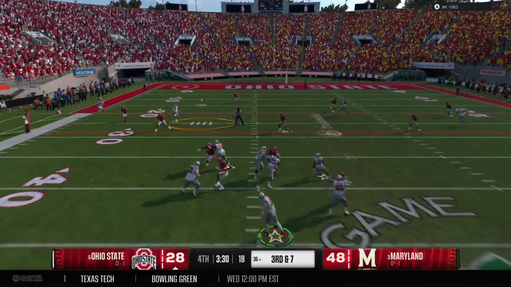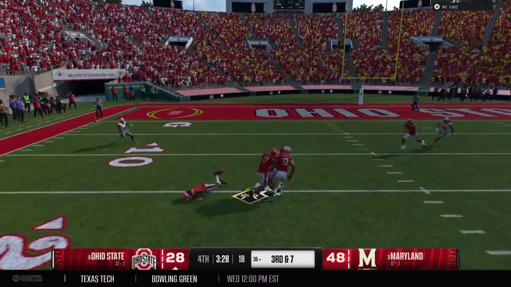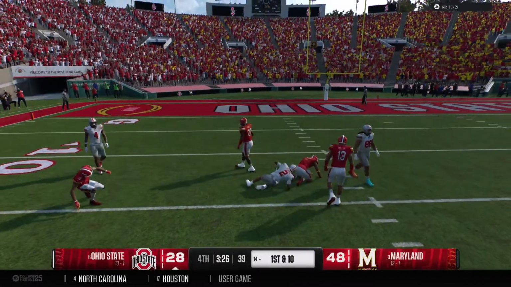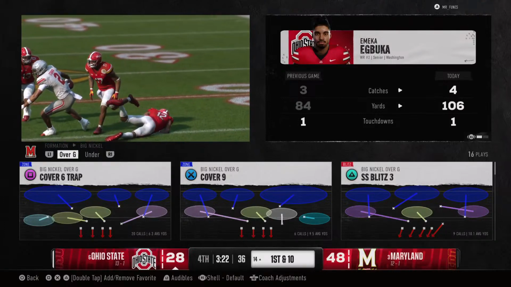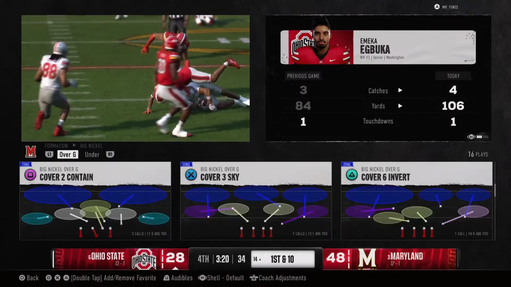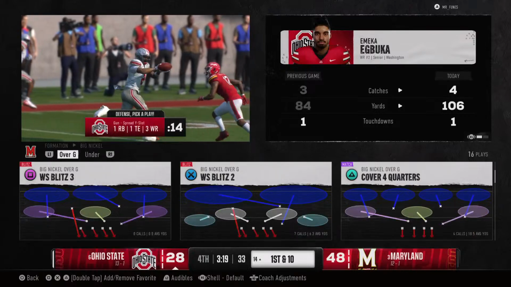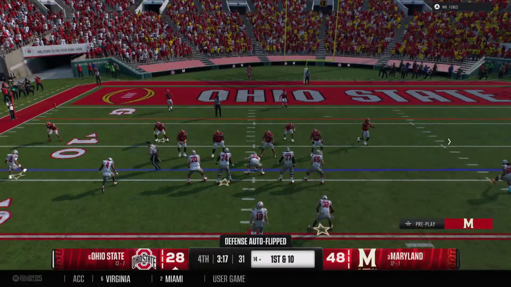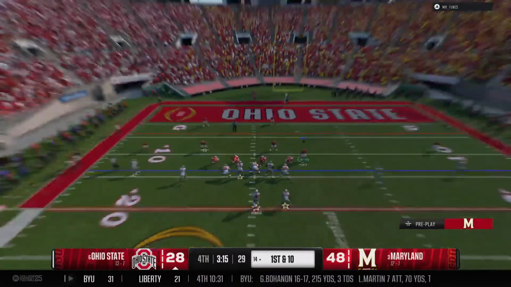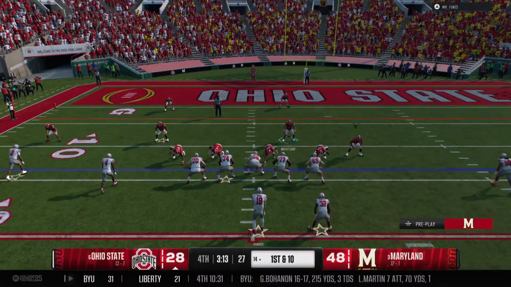Dropping back, looking to throw for the first down. Makes the catch downfield. Brought down quickly at the 14, but the offense is in the red zone. This is a big conversion by this offense. They're down now in the second half. Probably limited opportunities at this point in the game. Every chance you get your hands on the ball, you need points. They keep this drive alive right here.